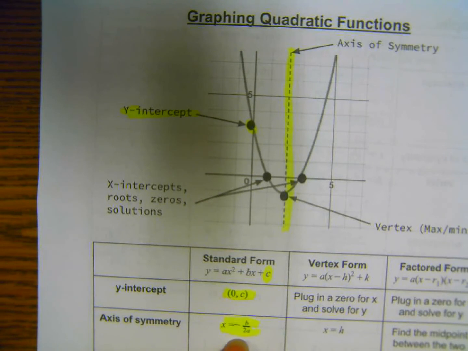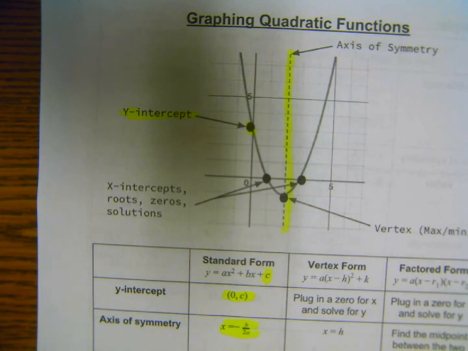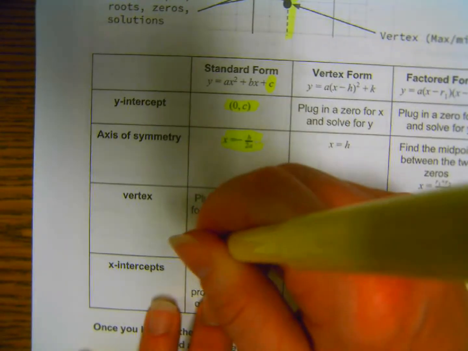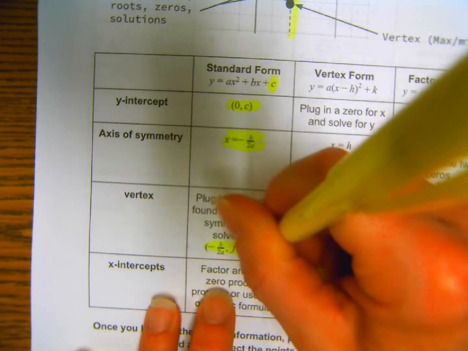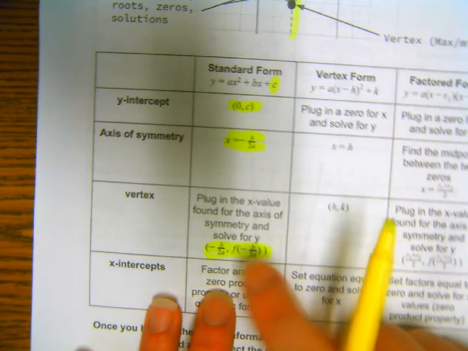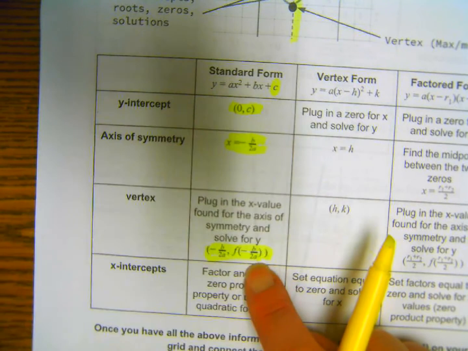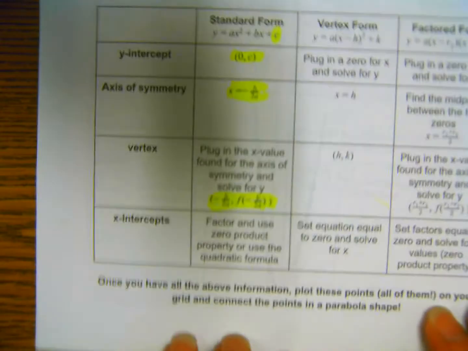Just splits it in half, okay? And it's like a reflection line. Symmetry means it has some kind of either reflection symmetry or rotation symmetry. If I would flip that parabola over, it would map right onto the other side. We did this in algebra, but to find the other coordinate for the vertex, all you do is you plug your x coordinate in for x in the equation and you find y. All right,